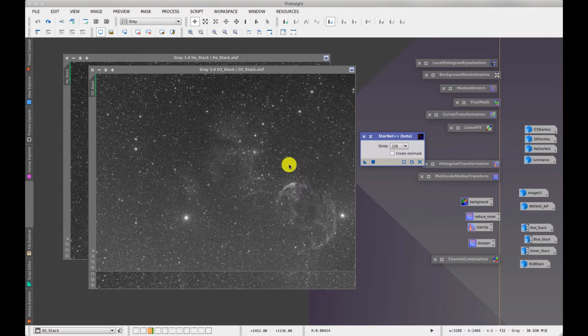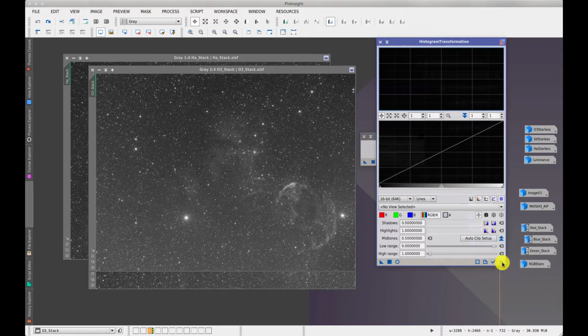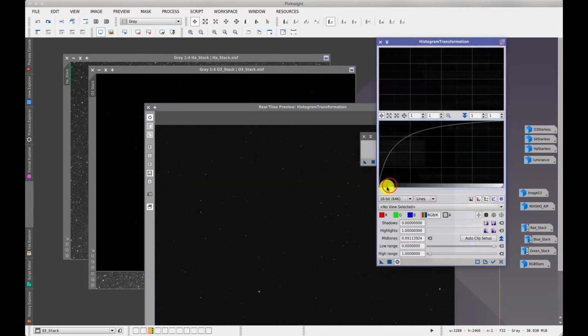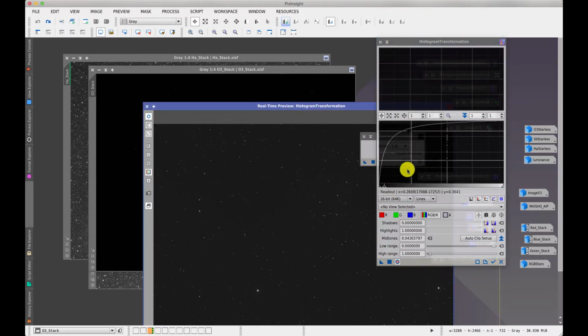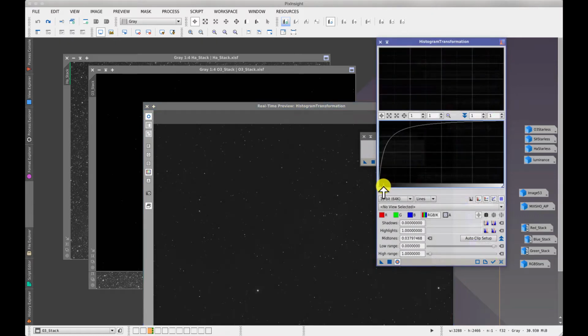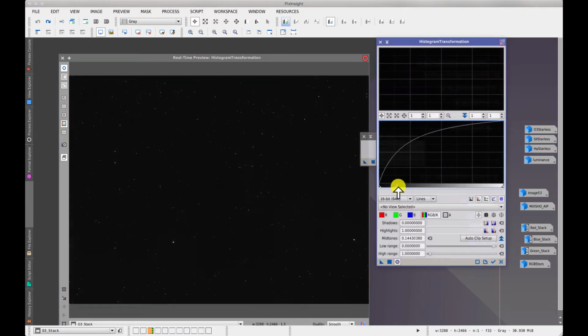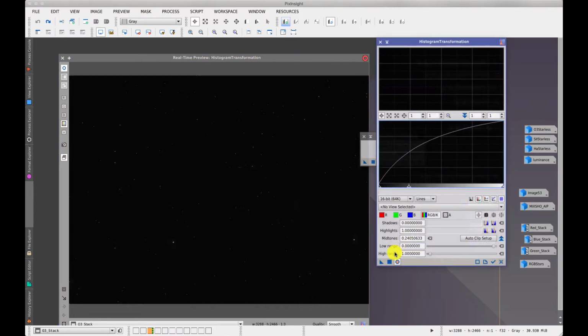What I'm talking about is a mild stretch. If I bring up histogram transformation and reset it and reset that screen, we're probably talking about something like this, where if you just pull in this slider a little bit you just get a small hint of nebulosity down here. Now if you don't stretch it enough you'll get a strange blocky look to the image after star reduction. If I show you that and back this off to something like this maybe, and then apply it,